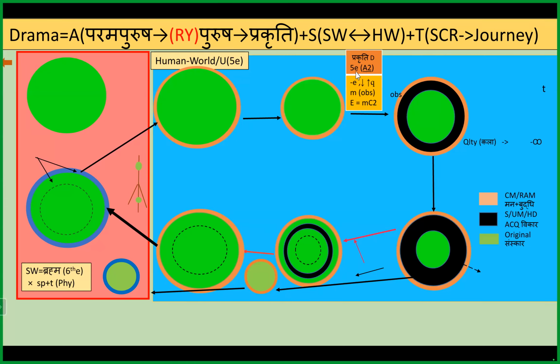And Prakriti can be divided at the lowest level into electrons and quarks. When we talk about spirituality, we have to talk about spirit, which is the soul. We can call it Purush. And that is our first actor of this drama, which is eternal conscious energy. And Prakriti is our second actor of the drama.